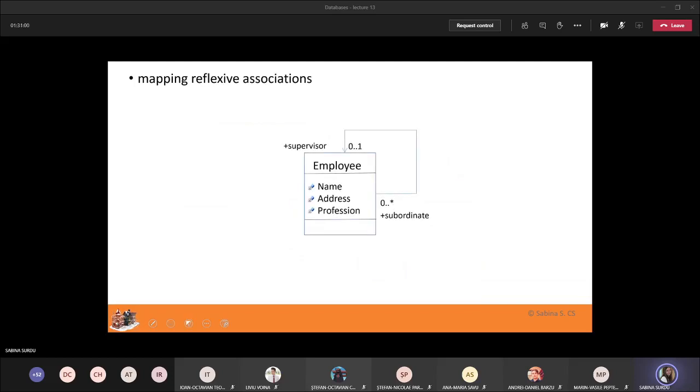Okay, now let's see how we can map reflexive associations like this one that we talked about before, in which we model that hierarchy in an organization, in which an employee can be a supervisor for 0 or multiple other employees. At the same time, an employee can have at most 1 supervisor, so 0 or 1 supervisor. You can accomplish this with a